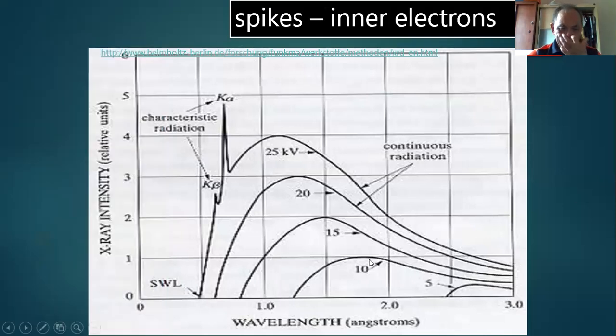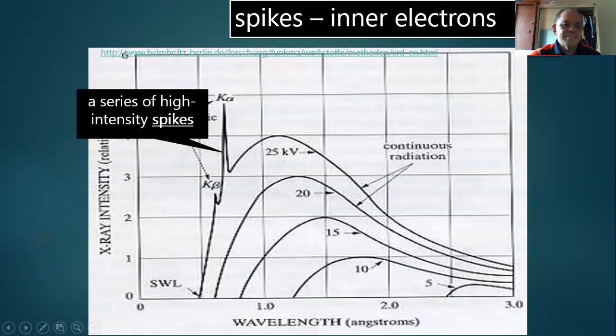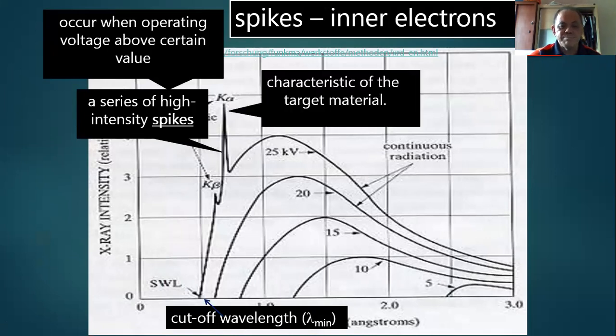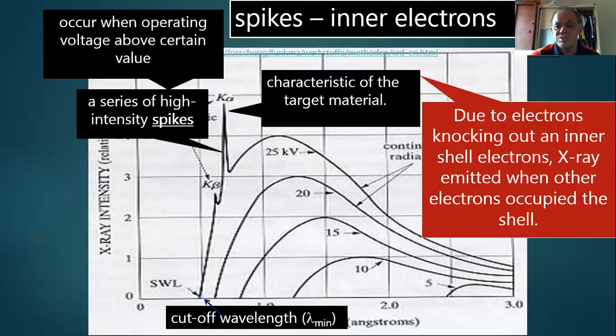Okay, so there is a series of curves we can draw at different potential differences. A series of spikes at your cutoff wavelength. We only see spikes when the operating voltage is above a certain value. And then the spike is characteristic of the material you use. Right? And then you must know